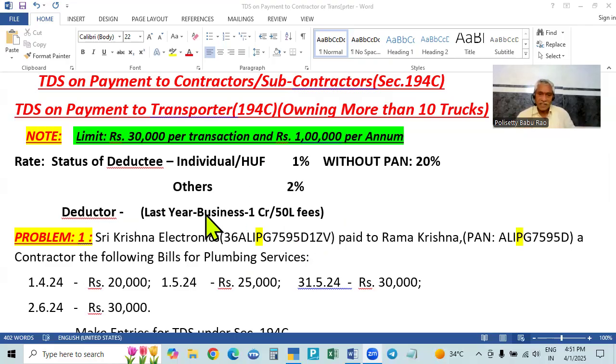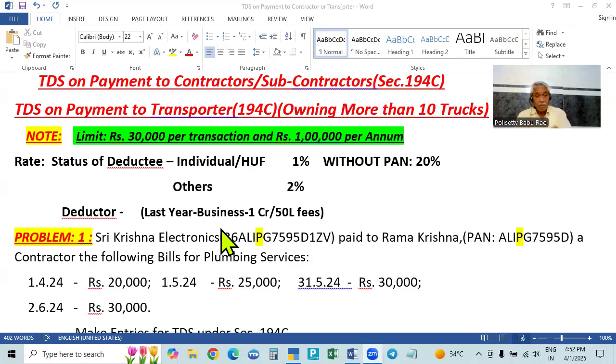In other cases, they can deduct the TDS. In the case of others, such as a company, firm, cooperative society, all other types of persons, they don't have any restriction. Only individual, HUF, BOI and AOP have the restriction of business, that is, if they cross that limit they have the liability for tax audit. So if they come under tax audit only, they can deduct, otherwise they cannot. This is the eligibility for the deductor, that is the liability for the deductor.